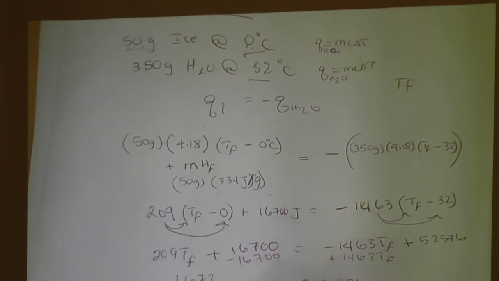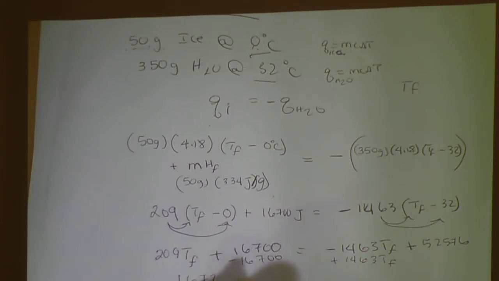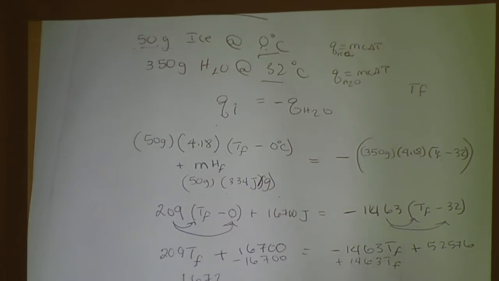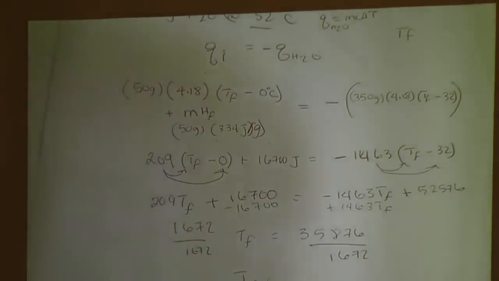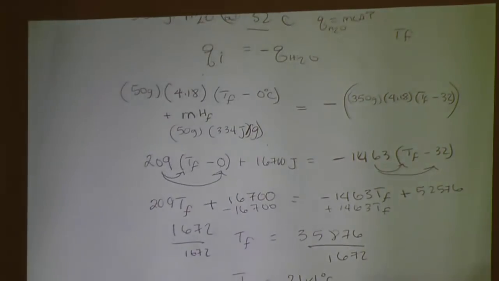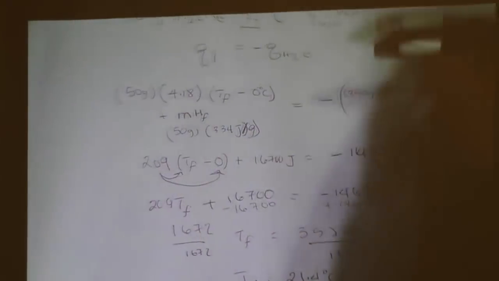To find TF, you divide both sides by 1672, and TF is equal to 21.4 degrees Celsius,